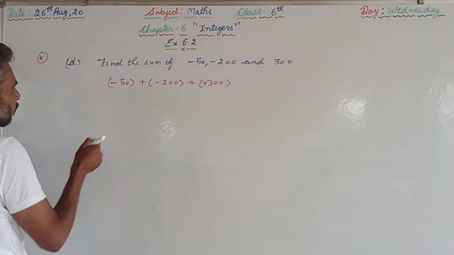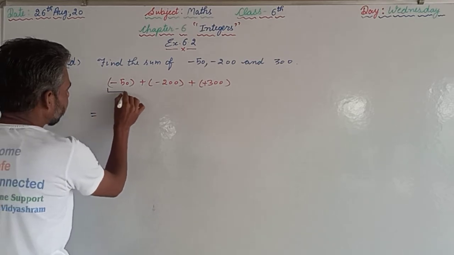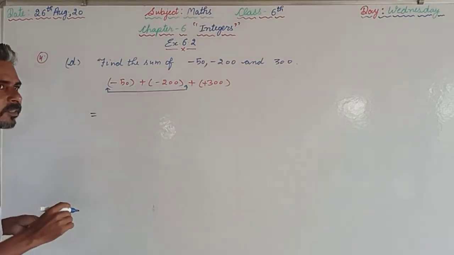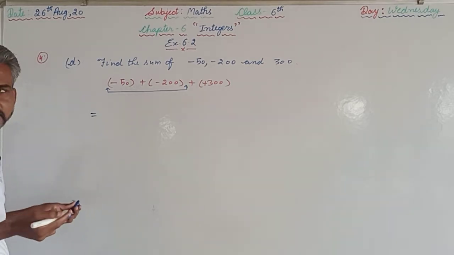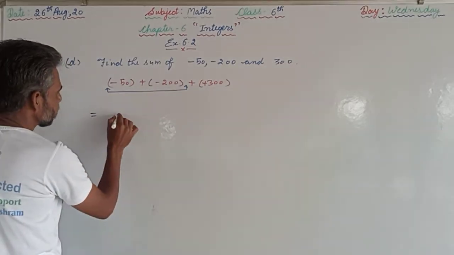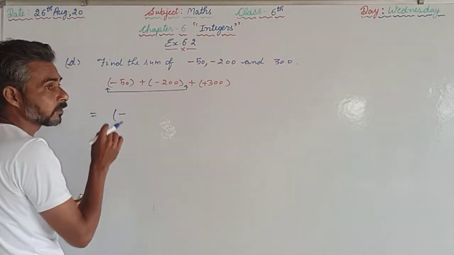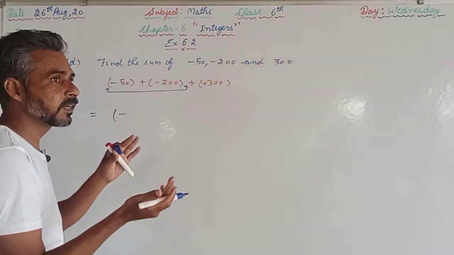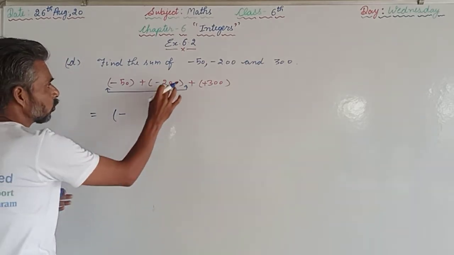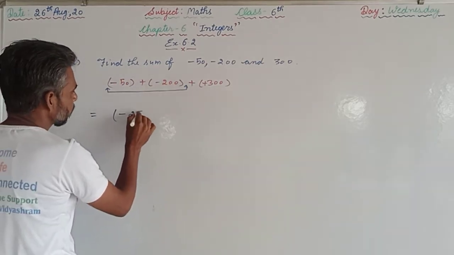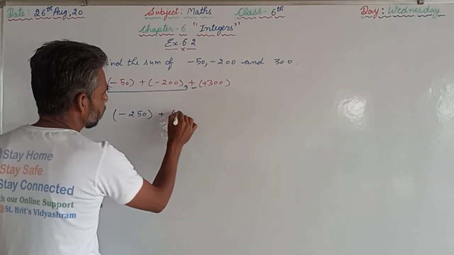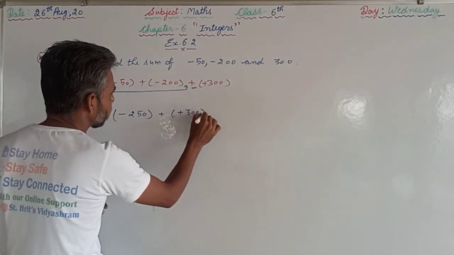So first of all we will proceed in pairs. We will consider these two, both are having the negative sign, means like type of integers are there, so the sign will be the same, that is negative, and we are supposed to add. That is the second case, negative and negative, the sign will be negative, and actually we are supposed to add 200 plus 50, means 250. Now plus sign is there, that is now plus 300.